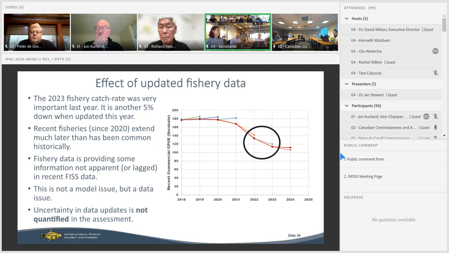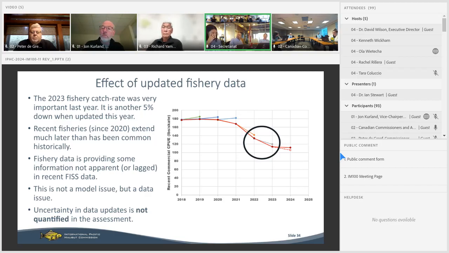Now, there are a few other things that I didn't mention the first time through. One is that the age data from the fishery, our information on males and females, also lags a year. It takes us a year to process that information. So now for 2023, not only do we have a lower observation, but we now have sex-specific ages. And so the model has to do a much better job of fitting that information than when we just had aggregate ages across the 2 sexes. So we're getting a second important signal there as well.